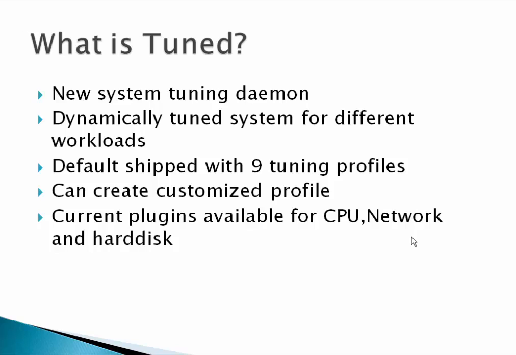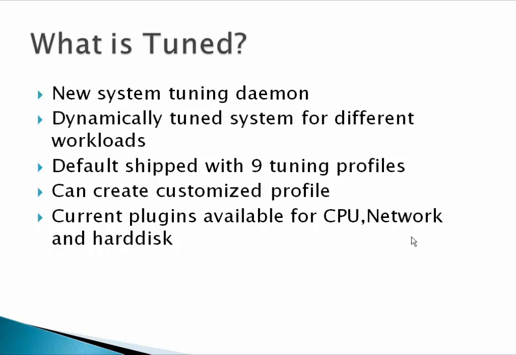For example, my major workload is between 9 and 6, and after that the workload is going to be reduced in my company. In that case, I am going to spin down my disk to save some power. Earlier, the approach followed by many system administrators was to set up a cron job that spins down your disk after 6 p.m., and then spins it up again once the workload increases, to get the advantage of power saving mode. So instead of doing all those things manually, or putting them inside your cron job,